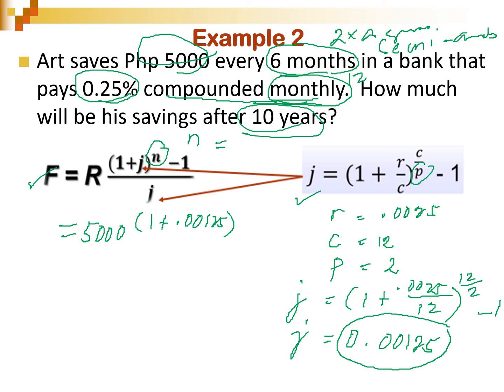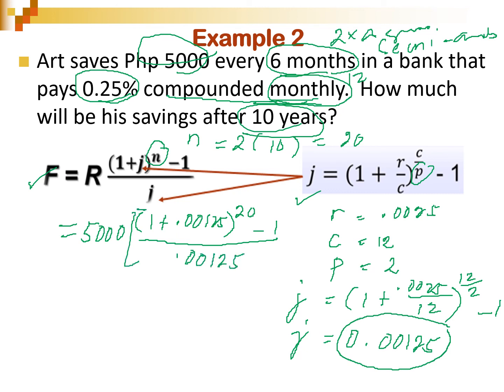So if Art will save every 6 months, that means twice a year. And he has to save for 10 years. So that's 2 times 10, which is equivalent to 20. So n should be 20, raised to 20. Then copy minus 1 all over the value of j again